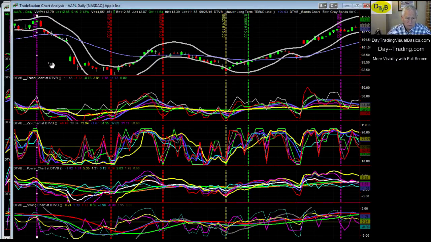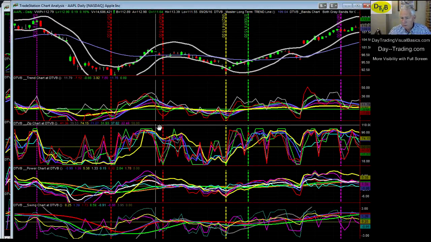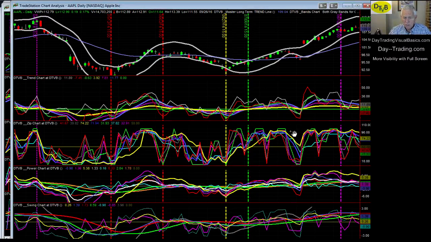Zip yellow and zip blue are real high, and I'll have you note that zip yellow really drops off fast, and hence we have a significant price reduction at the same time. When zip yellow crosses over here, zip yellow goes down, but next day it goes down to 90. So it's not moving down as fast as it would, and likewise you can see in the other situations, like right here, zip yellow is low at 75, and as it turns out, it ends up going up after that, and that's not too